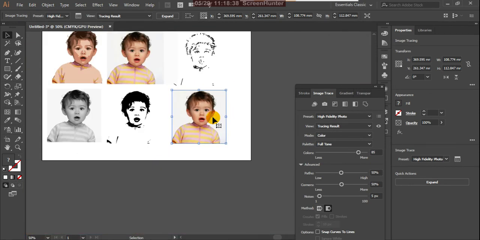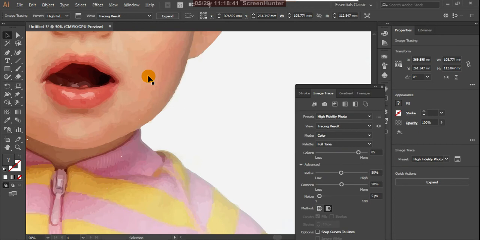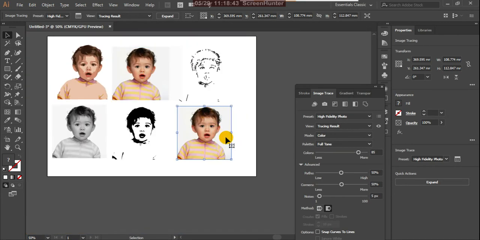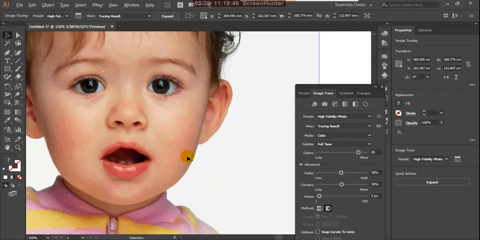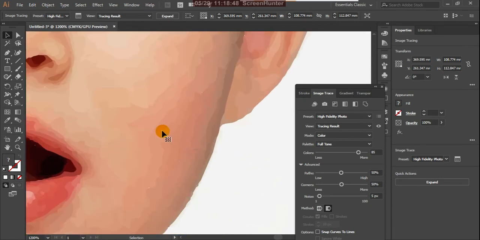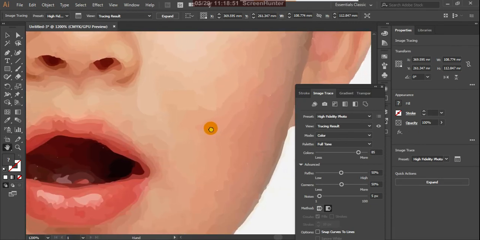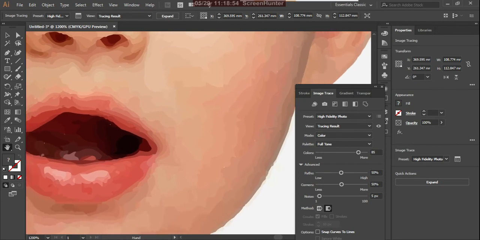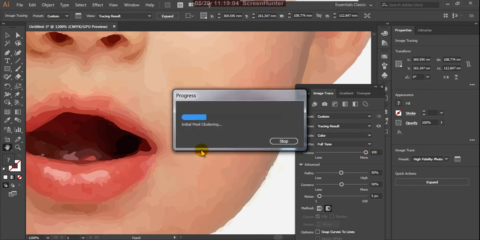Okay, so this and this, both are almost the same. By giving the adjustments, these color accuracy in percentage, suppose you can get more, I'm giving 100, so you can observe here on the face, you observe the changes. It takes time because the process is going.